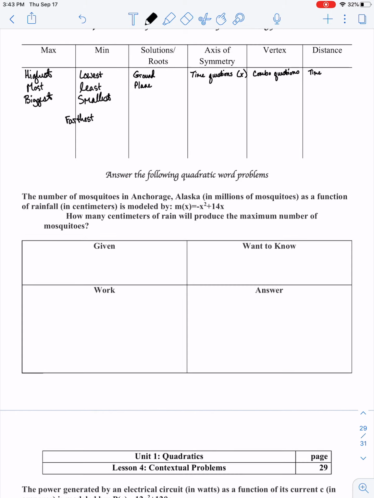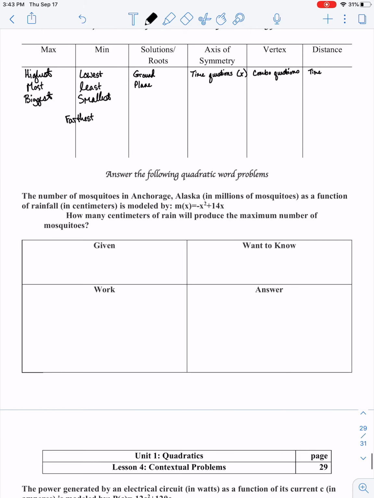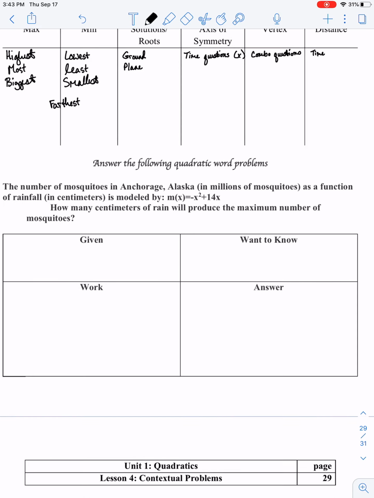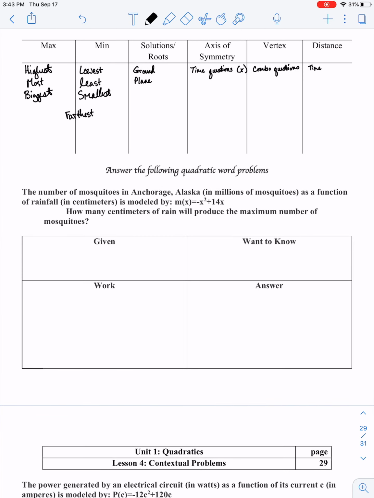Now, whenever I'm presented with a word problem, I like to use this box. I like to write down what I'm given, what I want to know. I like to show my work on one side and then always clearly put the answer over on the right. Now, again, I'm a little bit different. I like to start with the end in mind. What I mean by that is the first box of these four I like to fill out is